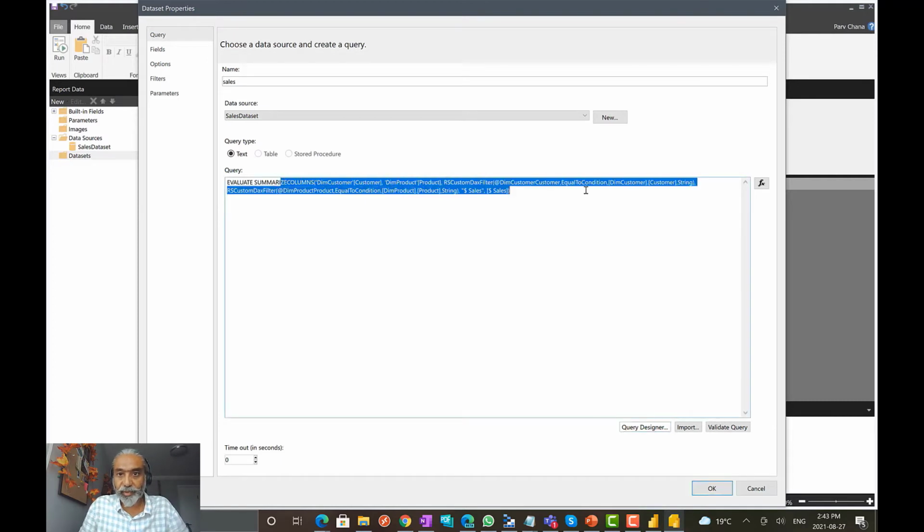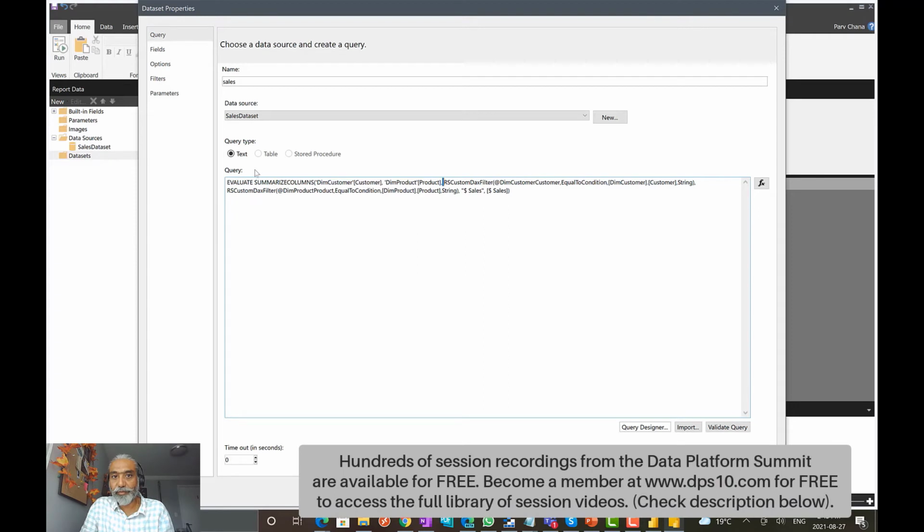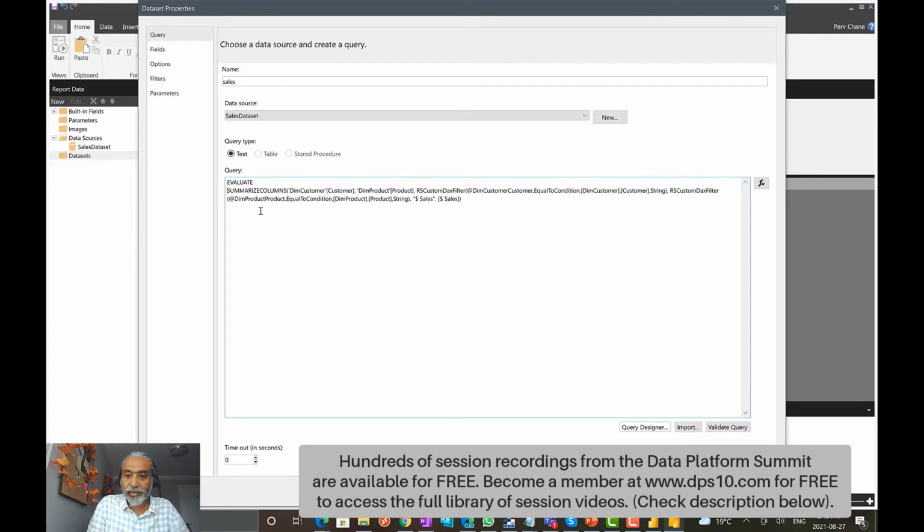So what it does is summarize, if you know that. And now here you see the RS custom DAX filter function coming into the picture. Basically what it does is take the parameter values, because we can have multiple values selected, and translate them to filter the product table. And the same for, if we break it down, summarize columns, and then you have an RS custom DAX filter here, and then you have another RS custom DAX filter here, and then